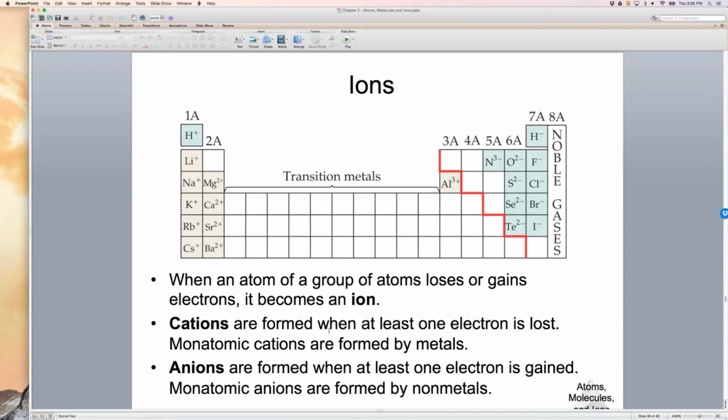Anions mean that it has gained an electron, and if you have gained an electron, then you're going to have a